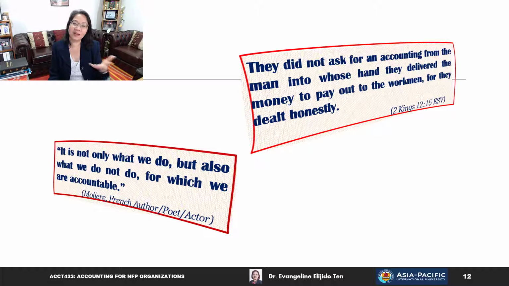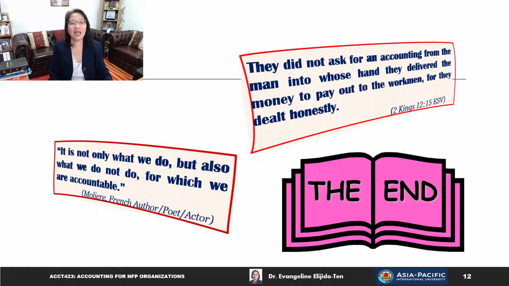Ultimately, we are accountable to our God, not just to a certain organization or certain individual or person, but truly to God. All right, this is the end of topic 4